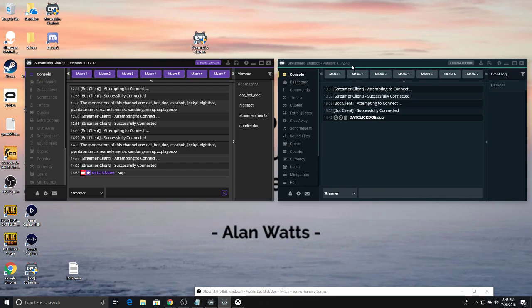So now, as you can see, we've got two chatbots. We got a chatbot for Twitch and a chatbot for Mixer. Okay. Now, the unfortunate part about this whole thing, which I was kind of devastated when it happened, was the same settings that I have for the Twitch bot that I already set up don't transfer to the settings for the Mixer bot. You have to set them up separately, which is what we're going to go into now,